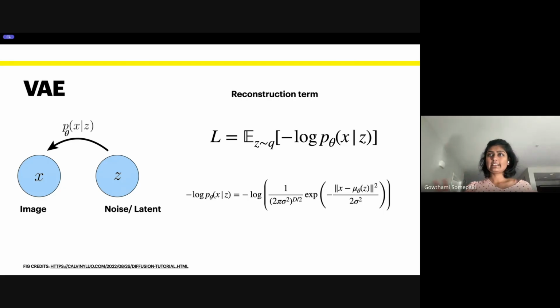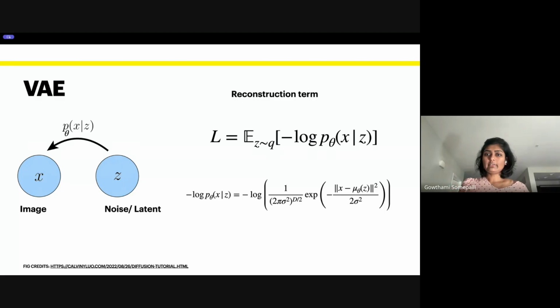And for simplicity's sake, we decided to keep it constant and not learn it. This can also be learned, but we made a choice: let's not learn it, let's keep it constant. So then the term boils down to this whole form. Don't worry about it. Like I said, all of these are constants, and usually in neural network